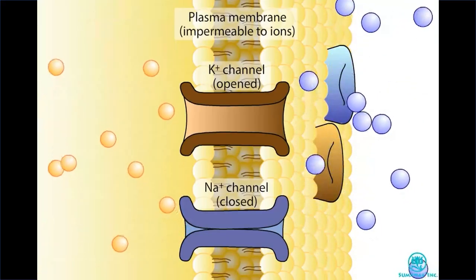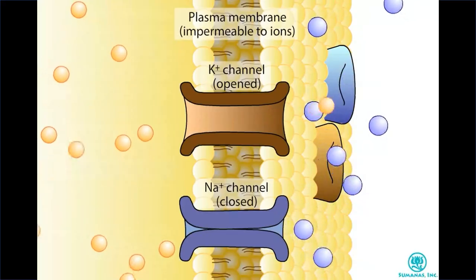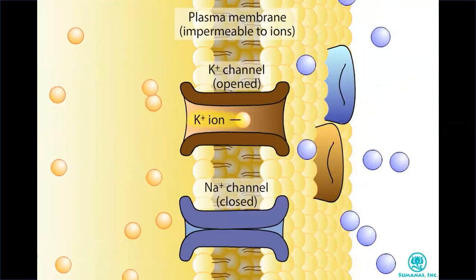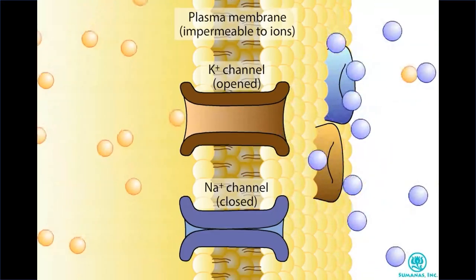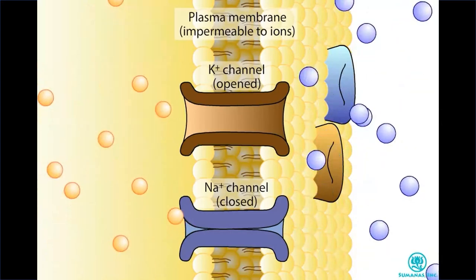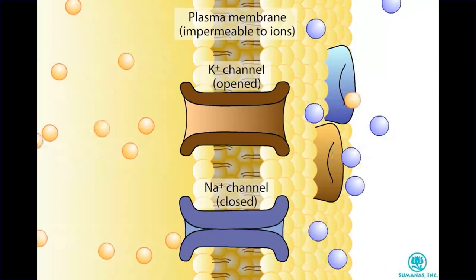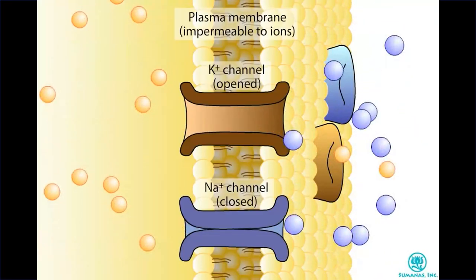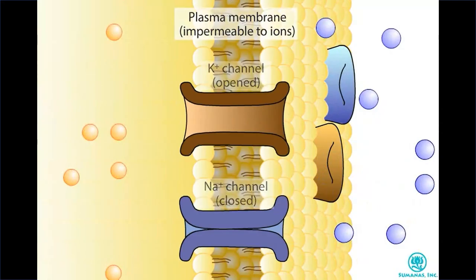When the neuron is at rest, most ion channels are closed. However, a few potassium channels are open, and potassium ions are therefore free to diffuse out of the cell into the extracellular environment. Note that channels can be highly selective. The potassium channels do not permit the passage of sodium ions. Since only a few sodium channels are open at rest, very few sodium ions flow into the interior of the